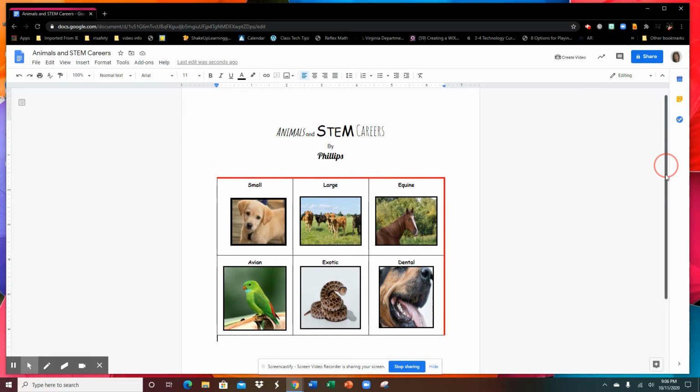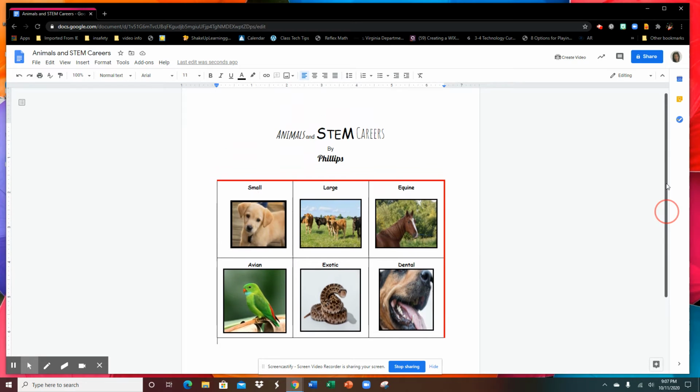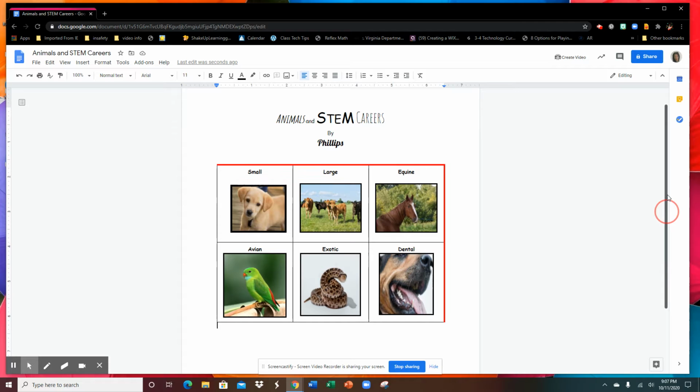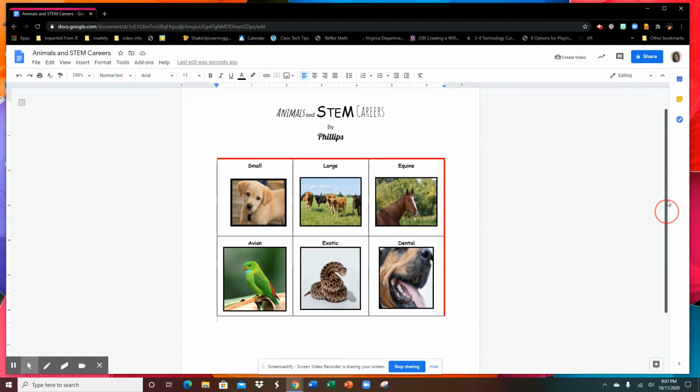Hey everyone, this is our last and final step to create our poster for our animal and STEM career poster. We started last week learning a little bit about veterinarian careers, one of our STEM careers, but we're creating a poster for the different types of vet care. And so what we want to do now, as you can see,